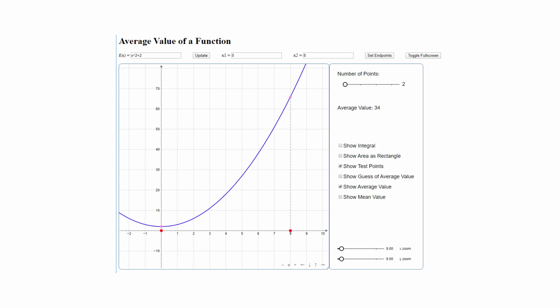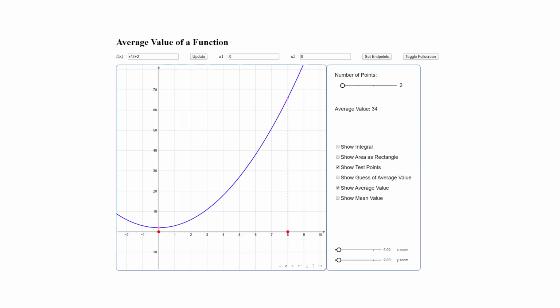Okay, so here I have the same function on the same interval, 0 to 8. I have 2 values used. Notice the average value is 34. If I increase the number of test values, so if I go up to 3, then I'm using 0, 4, and 8, just equally dividing. Now I have the average value calculated of these points here. If I take the average value of those y values, I get 28.7, just like I did a second ago. If I increase to 4, I've got 26.89